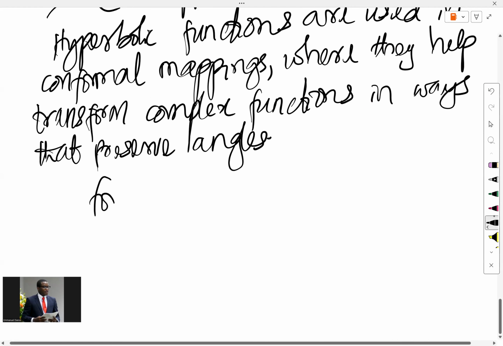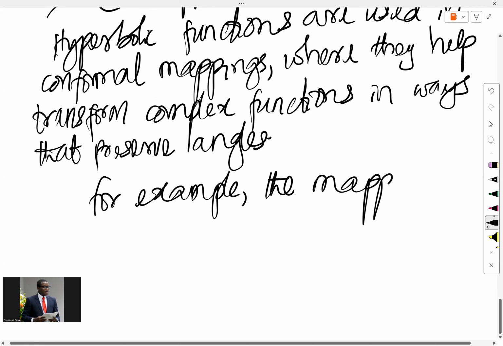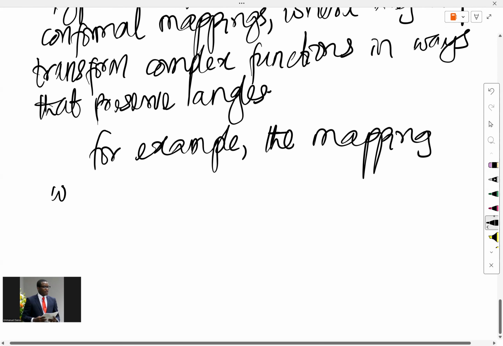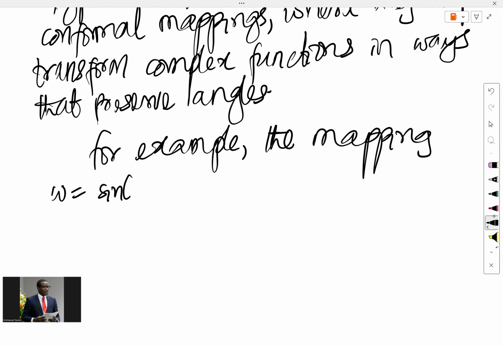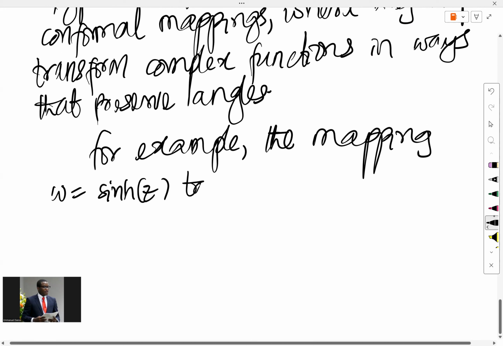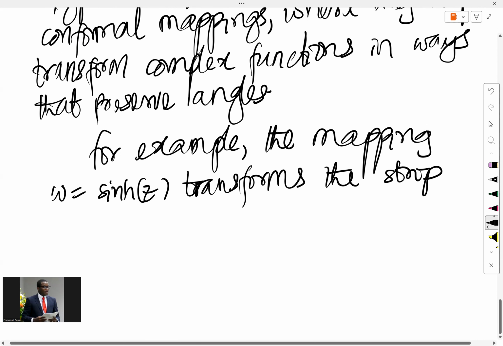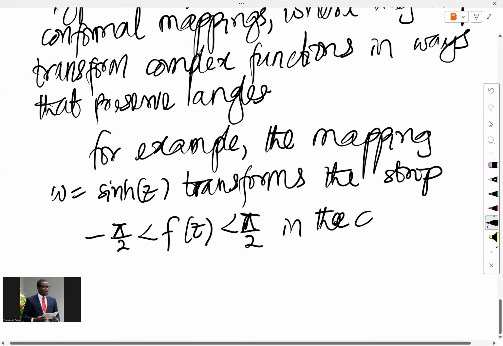For example, the mapping w equals sine z transforms the strip minus pi over 2 less than, so some special kind of z, let me just write this way, less than the real part of z less than pi over 2 in the complex plane